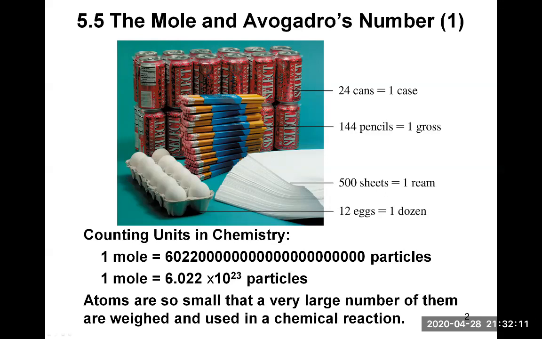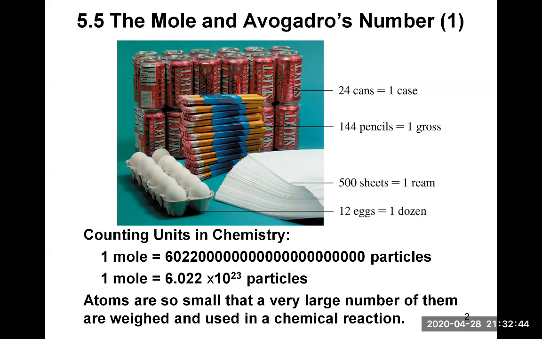And so it's impossible to write it down without making mistakes, and it's too cumbersome. So we use the scientific notation for that number. And the scientific notation is 6.022 times 10 to the 23rd particles. And so this number of particles corresponds to 1 mole. So when you say you have 1 mole of atoms, for example, you have 6.022 times 10 to the 23rd